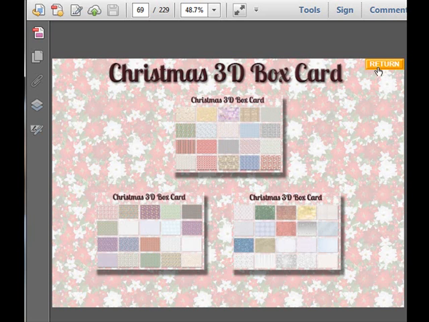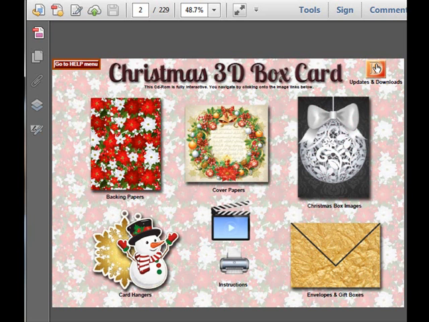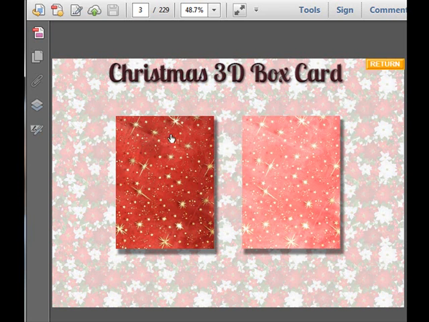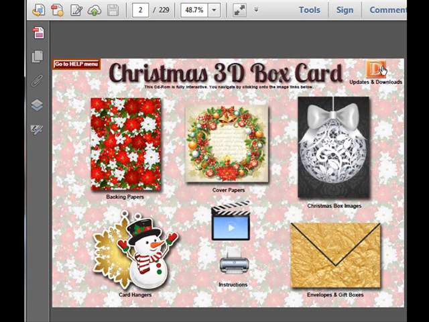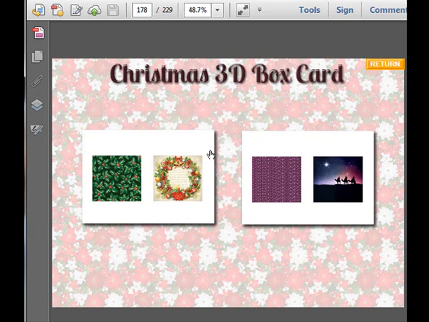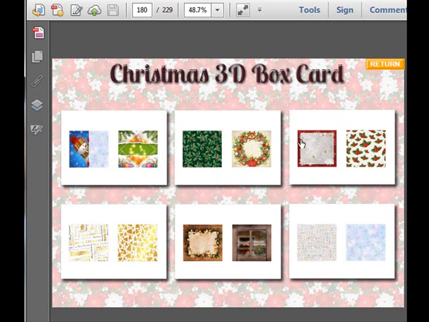So those are our major papers here, which you'll use if you want to for the back and the cover of the box. My thoughts on this are that the lighter papers are used for the box, and then we can use the darker ones for the front. But I've also, while we've got that, come here to show you a range of